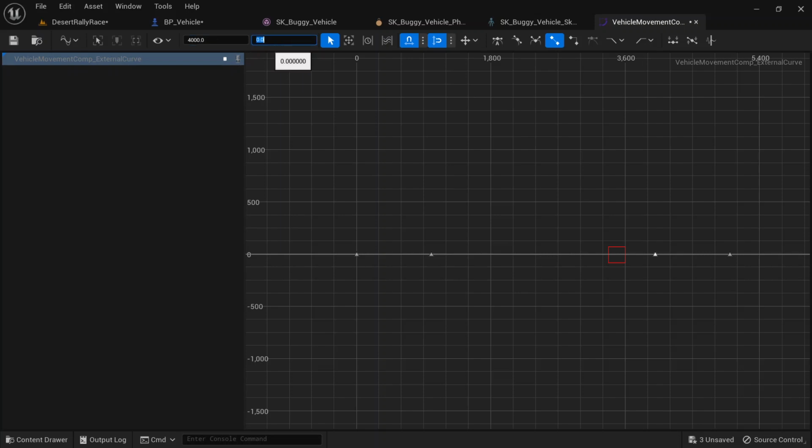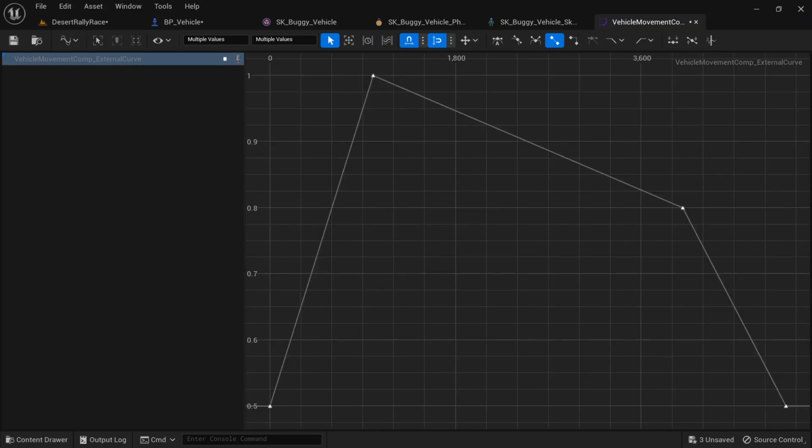It should become less again, so this time I'll change this back to 0.5, and this one should also be 0.5. So now let me press F. So now you can see this is a curve we want for our torque curve. I think it's ready. Now let me save it,